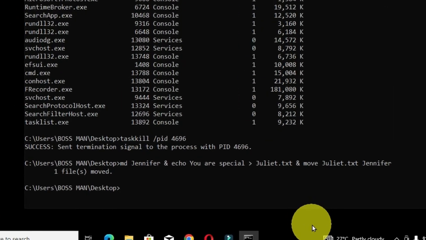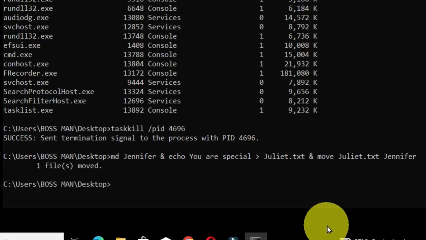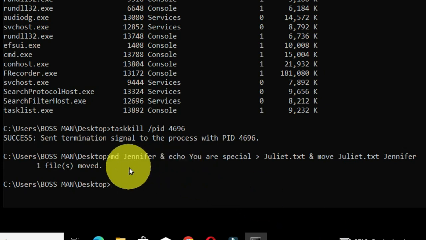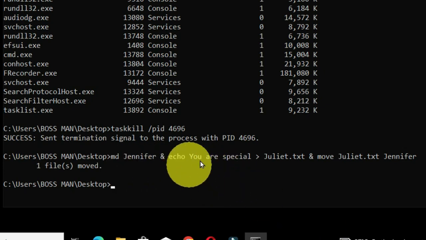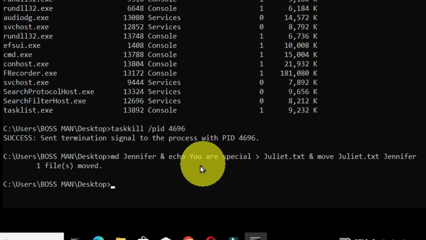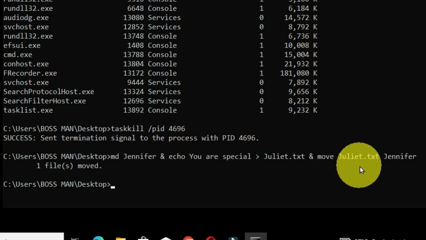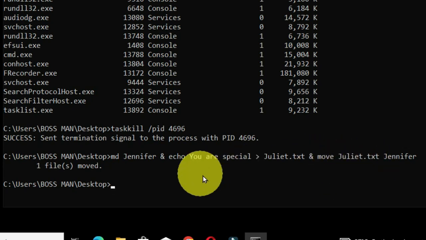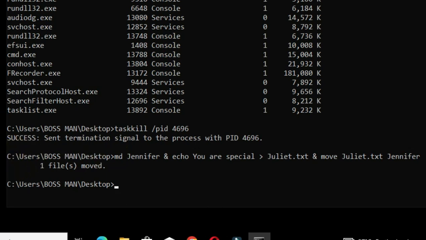Now when you look at these commands separated with the single ampersand, we are going to create Jennifer and also create this text file, which is Juliet, and that consists of the text "you are special," and therefore move this text file into this folder, and that has been executed